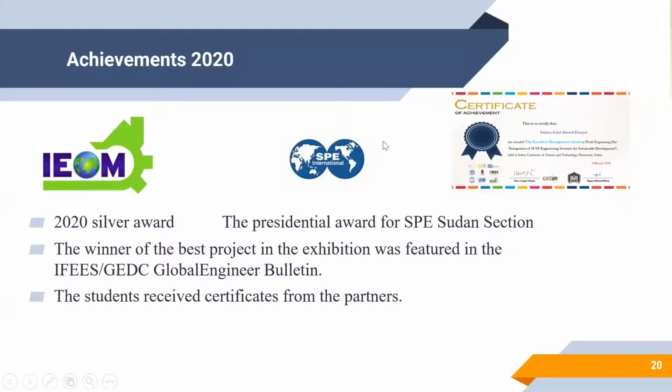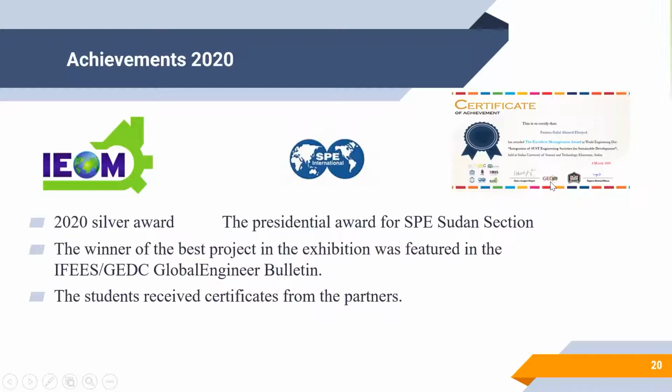Because after the end of the program, we asked all the societies, especially the student chapters that are part of other or international organizations, to include all these activities as collaborators in their reports. So the result is the 2020 Silver Award for the international IOM student chapter, Industrial and Operation Management student chapter in our university, and the Society of Petroleum Engineers Sudan section got the Presidential Award because of this report. All the students, of course, have certificates. These certificates are